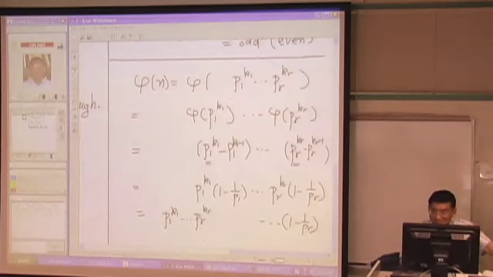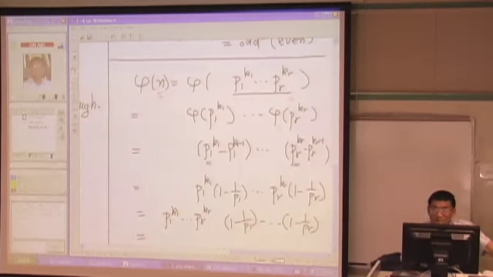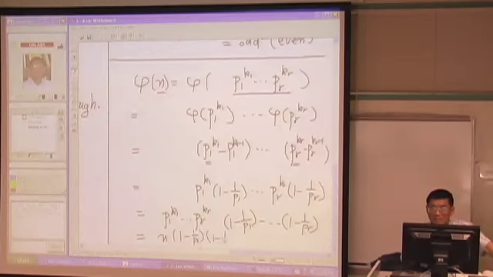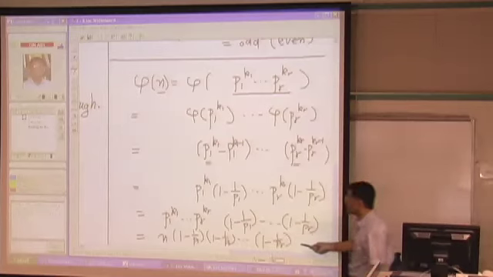And because of this reason, this number is nothing but what? N, right? So n multiplied by 1 minus 1 over P1, and then 1 minus 1 over P2, and then 1 minus, even this one could have